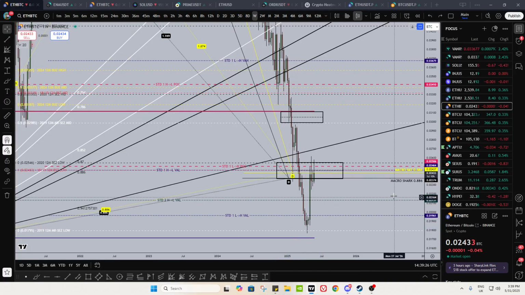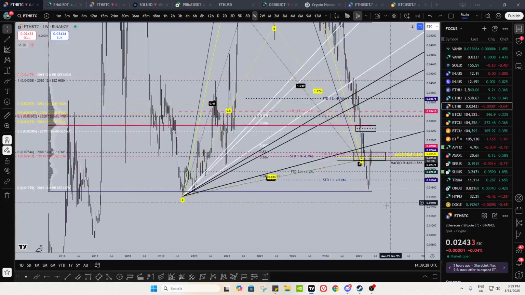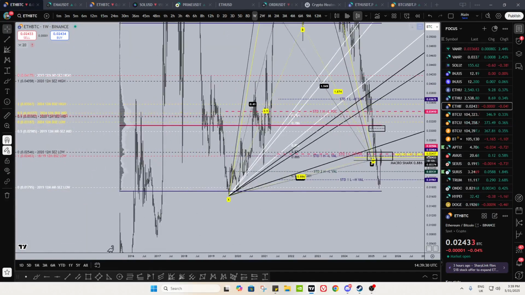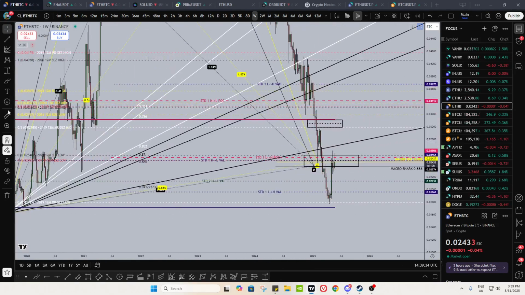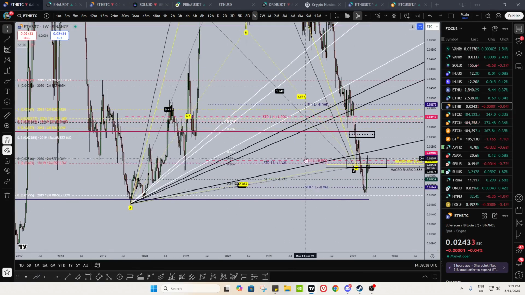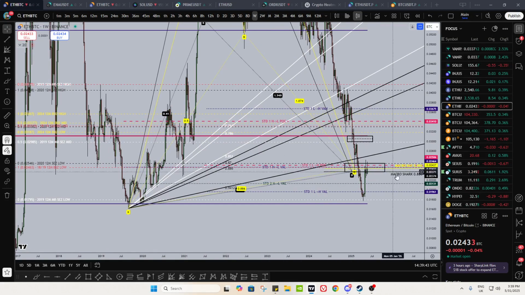That was the last area we talked about between the standard deviation 1 value area low and the 2019 12-month macro red seller zone low. That was the last key area we had for now, right? We maintained that. So you're now currently fighting against your... many of you won't have gone to this lesson yet. Some of you will, some of you won't. So I'm not going to explain what everything is here. You do it lesson by lesson.